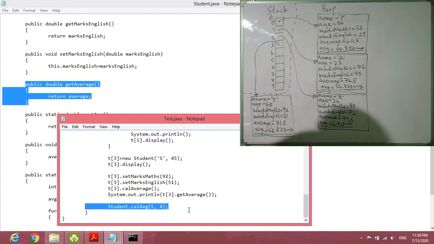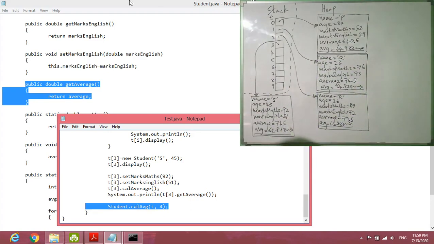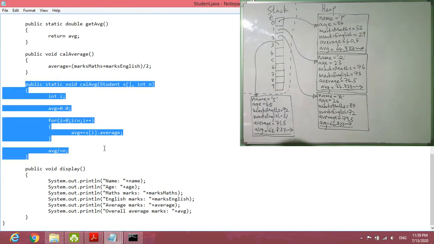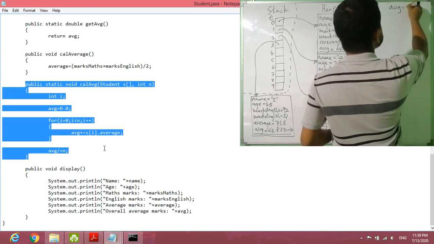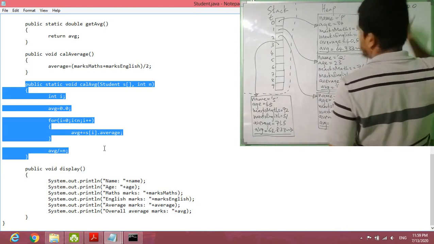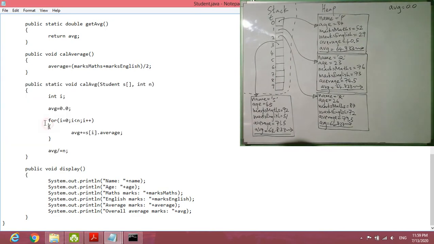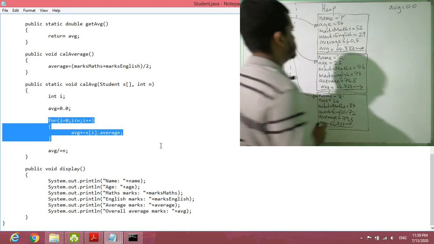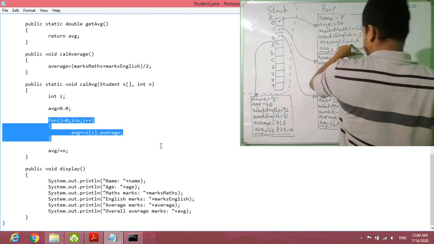In the calavg method, I have already shown you, initially AVG is 0.0 and inside the for loop each average value is accessed, 40.5,